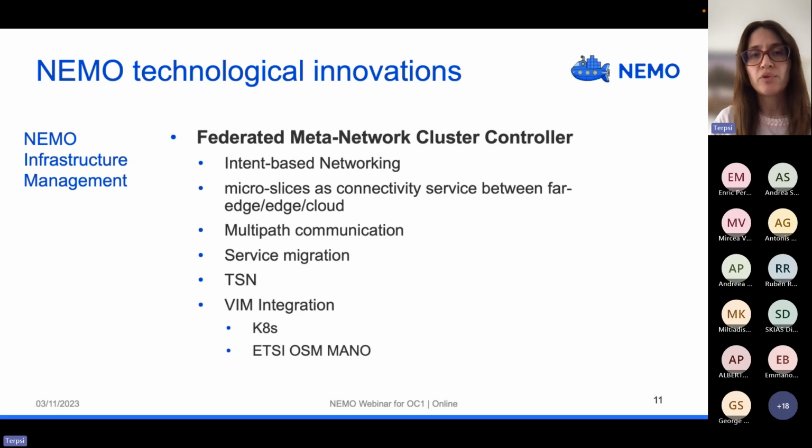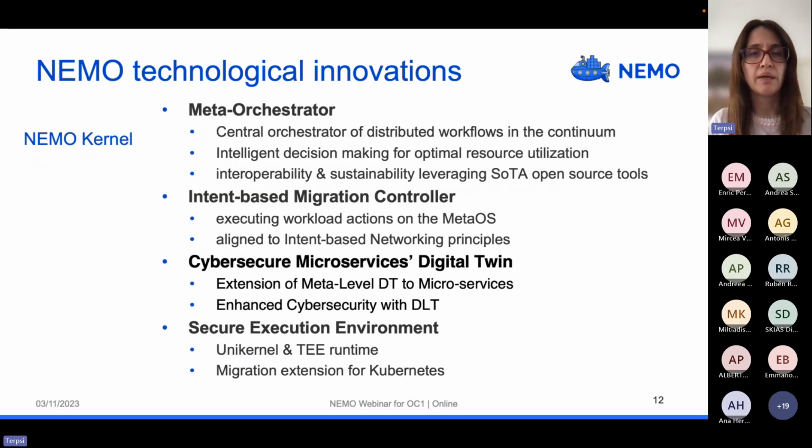We also foresee time-sensitive networking for extending 5G coverage and bringing it to private setups in, for example, industrial deployments, and also integration with virtual infrastructure management solutions like Kubernetes and MANO from OSM.